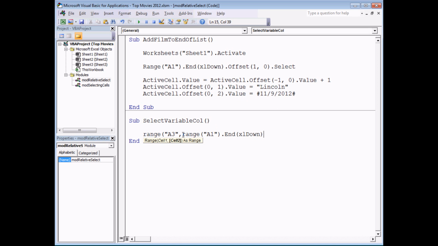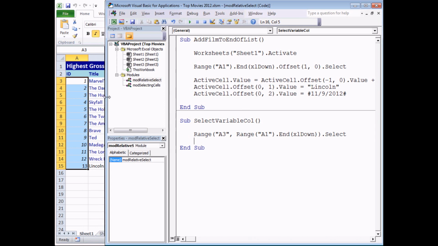That entire set of code there refers to the cell that is at the end of the list, regardless of which one it is. So all I need to do now is close the extra set of parentheses for the range property, and then say dot select if I wanted to select it. So just to prove that this does actually work, if I just resize the screen